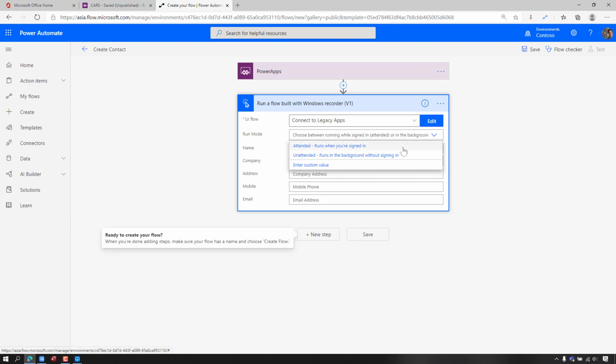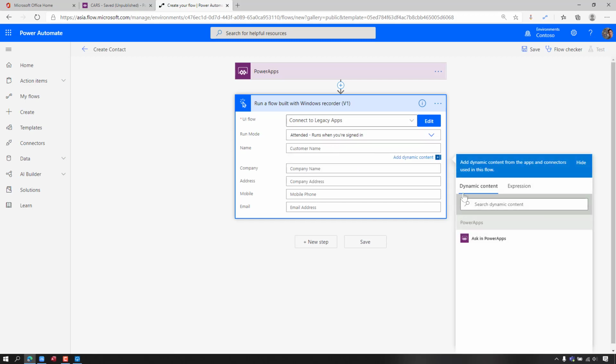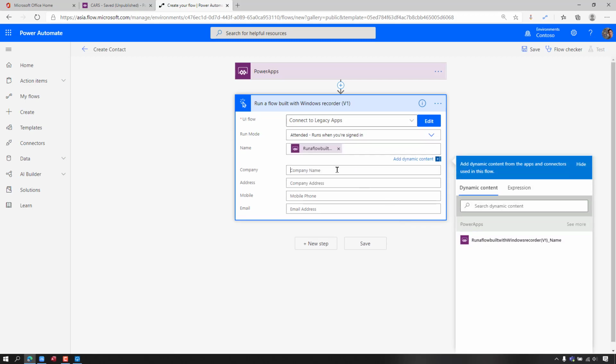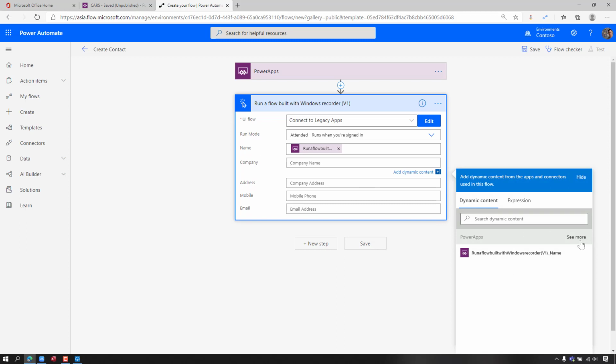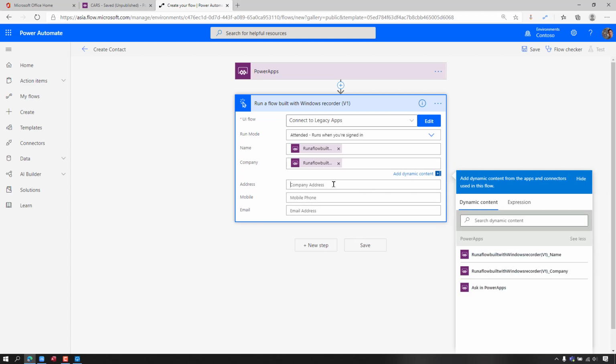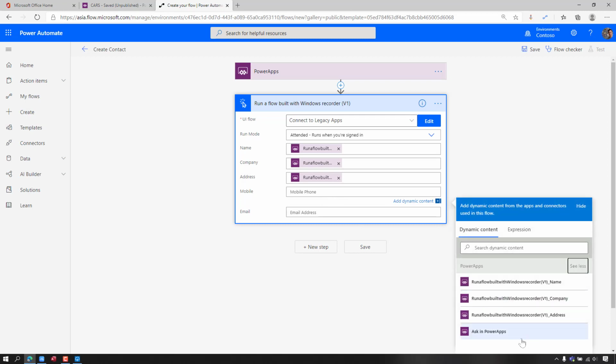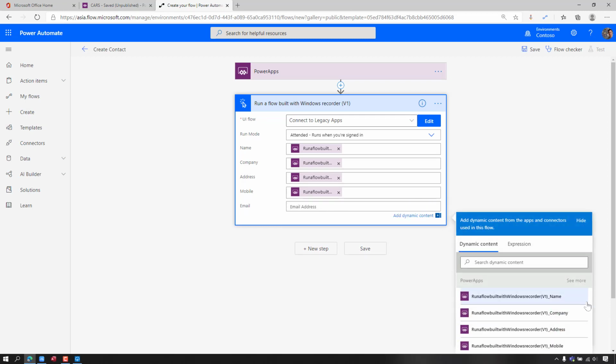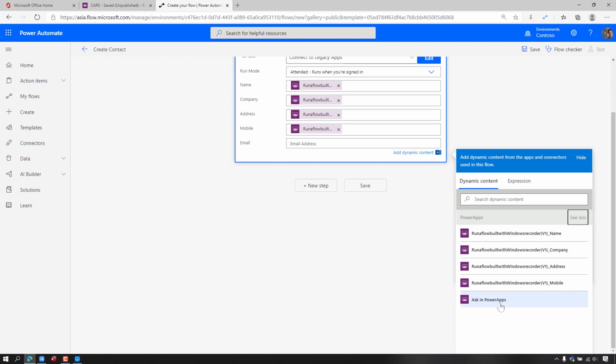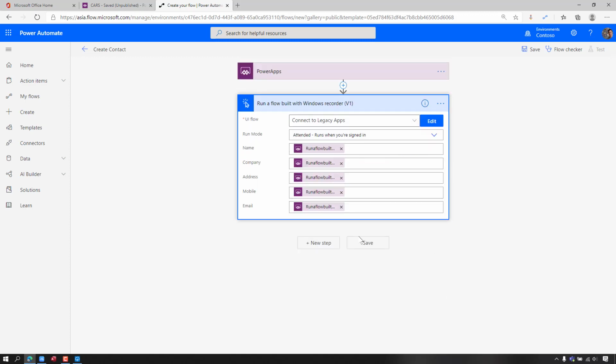Unattended is for running in the background, attended is for running in the session that the current user is logged into. So in here you just need to add in the Power Apps. Also, as in the Power App, we want to make it parameterized, right? Okay, and then we save it.